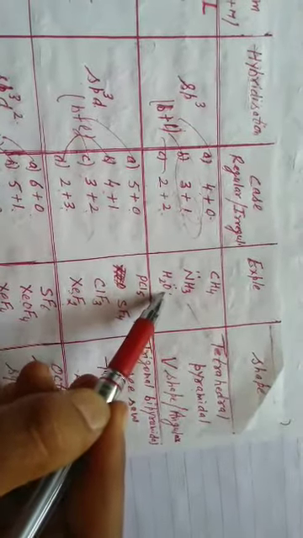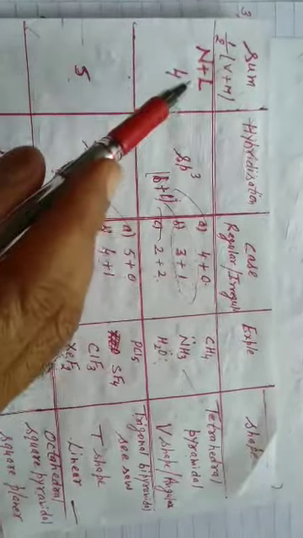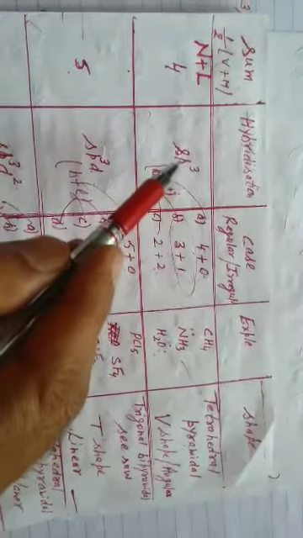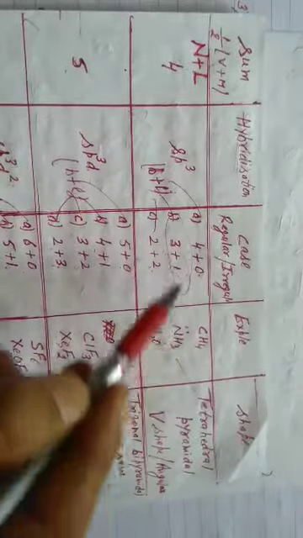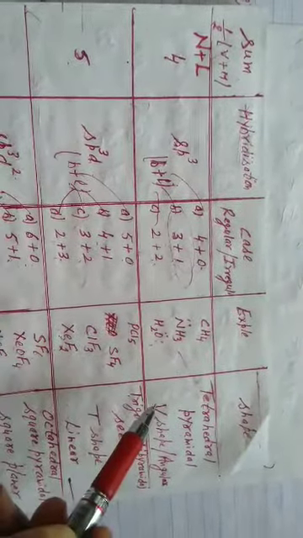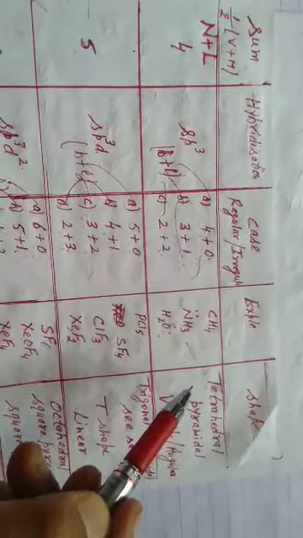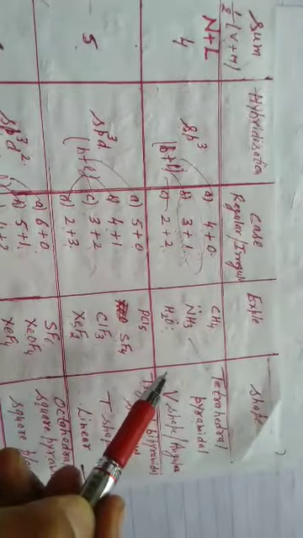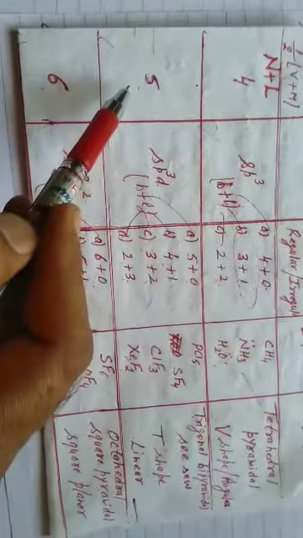Example, methane, tetrahedral shape. Ammonia, 3 bond pairs and 1 lone pair. It is trigonal pyramidal or pyramidal shape. Water, 2 bond pairs and 2 lone pairs. I write 2 plus 2. That is V shape or angular. In case you got the sum 4 according to the N plus L rule, it is sp3 hybridization. But in sp3 hybridization, the shape may be tetrahedral, may be trigonal pyramidal, may be V shape. 4 bond pairs, tetrahedral; 3 bond pairs plus 1 lone pair, pyramidal; 2 bond pairs plus 2 lone pairs, V shape.